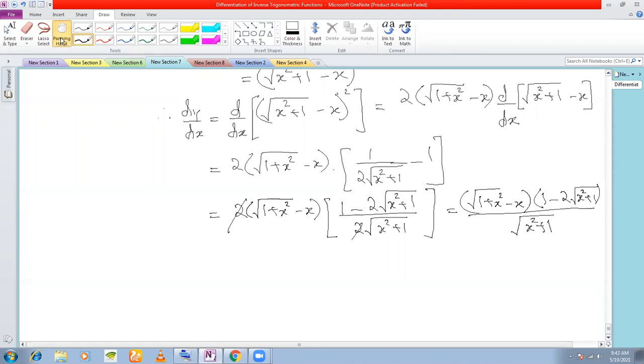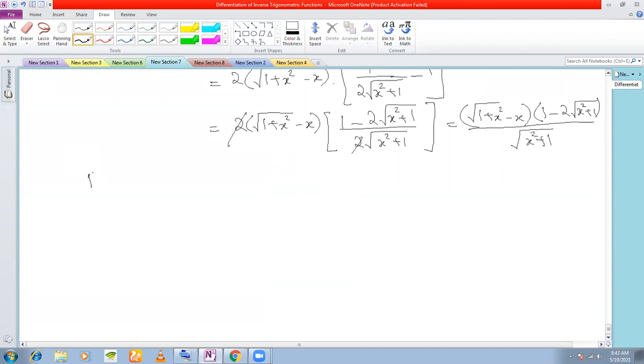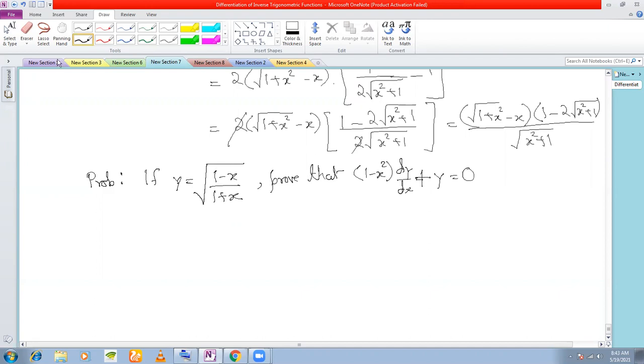So I think one more sum, and then after that we'll break for 15 minutes, and then we can start once again. Question is, if y is equal to root 1 minus x by 1 plus x, prove that 1 minus x square dy dx plus y is equal to 0. Okay, so